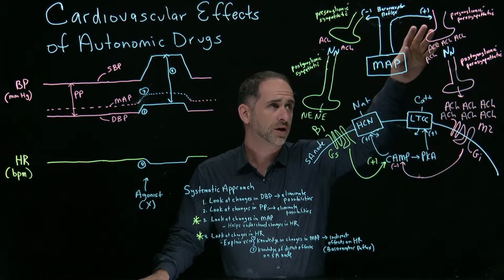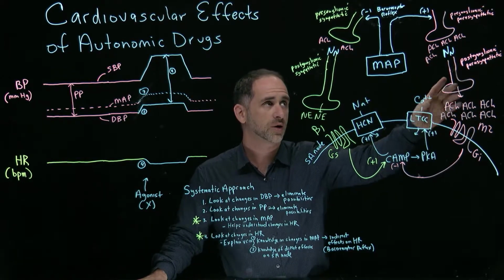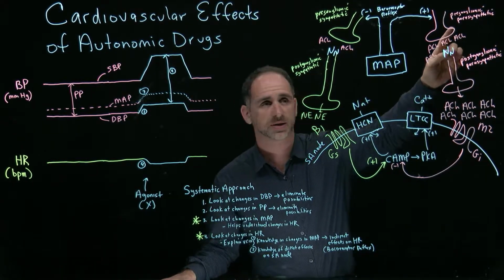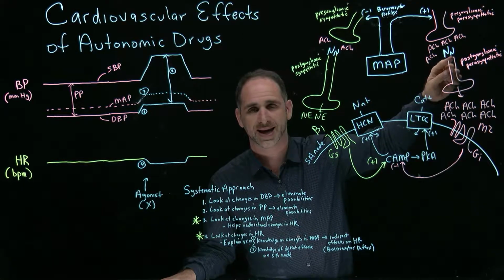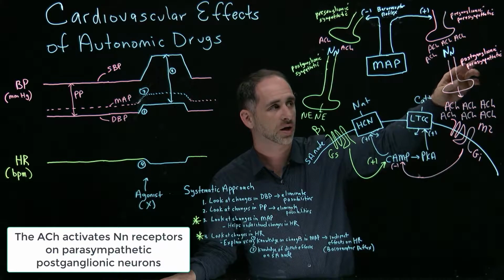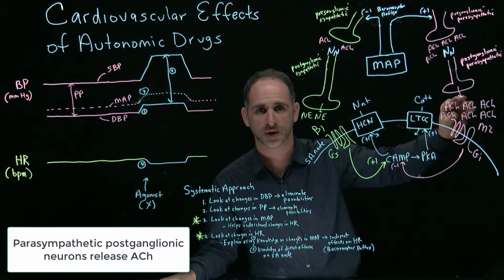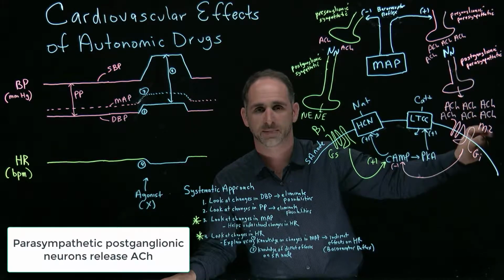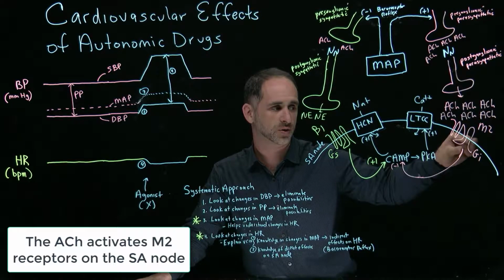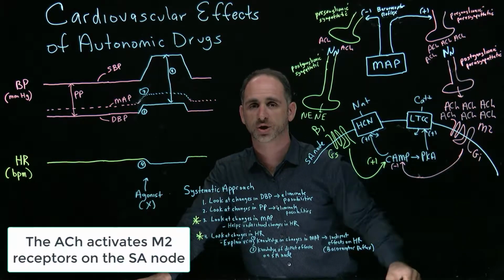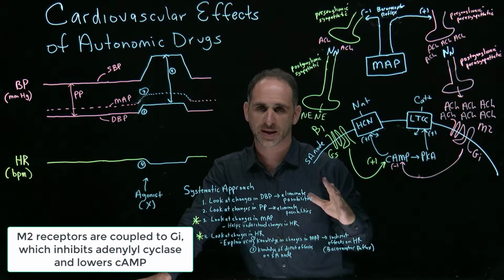What else do we have on this? We have the parasympathetic influences over here, with the preganglionic parasympathetic neurons releasing acetylcholine onto an NN receptor on the postganglionic parasympathetic neurons, which then release acetylcholine, which activates muscarinic type 2 receptors on the SA node. And those receptors, recall, are coupled to Gi, which means they decrease cyclic AMP, and that would tend to lower